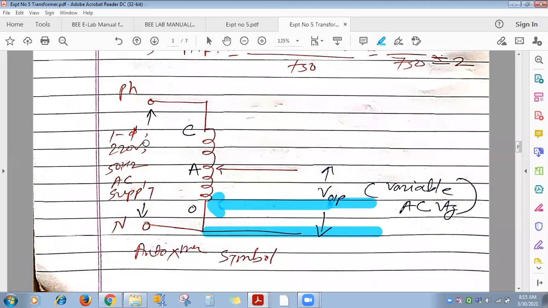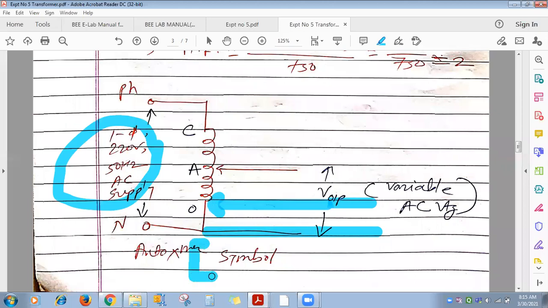Now you tell me, whenever we switch on the single phase AC voltage and this variable point is at position O, suppose this fixed point I represent as E. Are there any turns on the output side across O and E? No turns are there, which means even if you apply 220 volt, how much voltage is available across these 2 output terminals? As no turns are there, how much voltage?